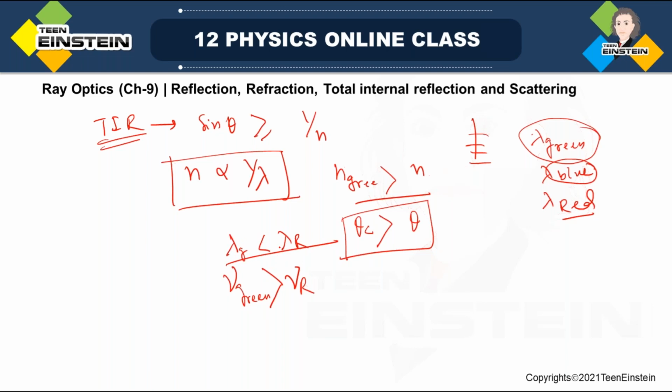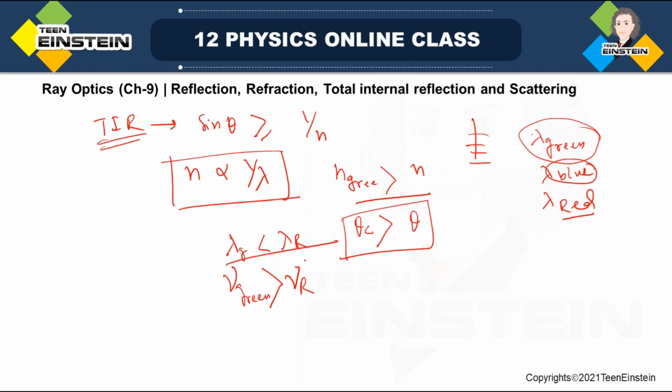So see, if lambda is more, then this is less. If this is less, that is what I have discussed already, then this sine theta, this theta will actually be more. If lambda is more, then refractive index is less, then the critical angle of incidence will be more than the angle which is given, theta, for green. Okay,